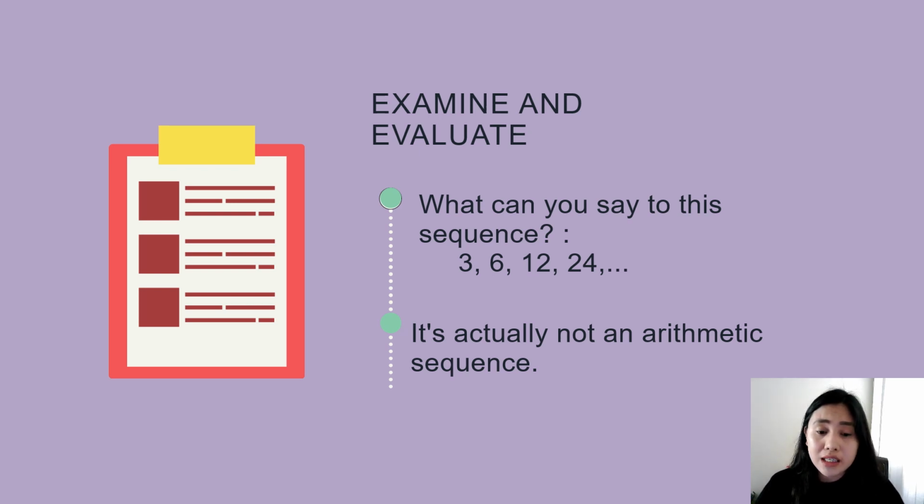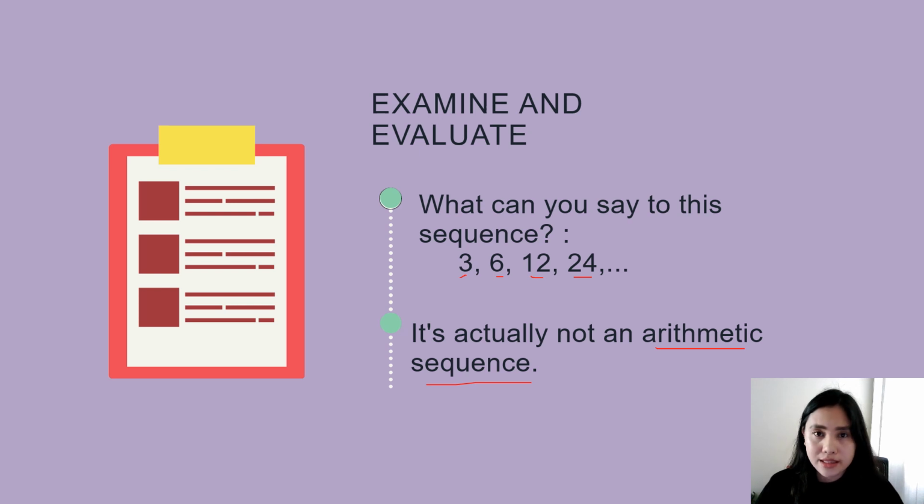Ang pattern na makikita natin ay ang bawat element ay minumultiply sa dalawa. 3 times 2 is 6. 6 times 2 is 12. 12 times 2 is 24. Take note, ang example na ito ay minumultiply sa 2 at hindi ina-add. Siya ay hindi